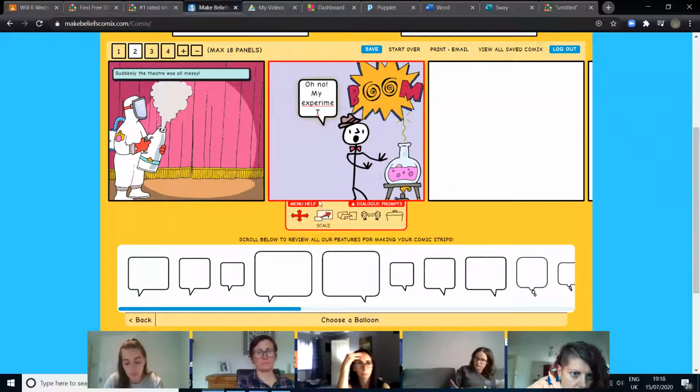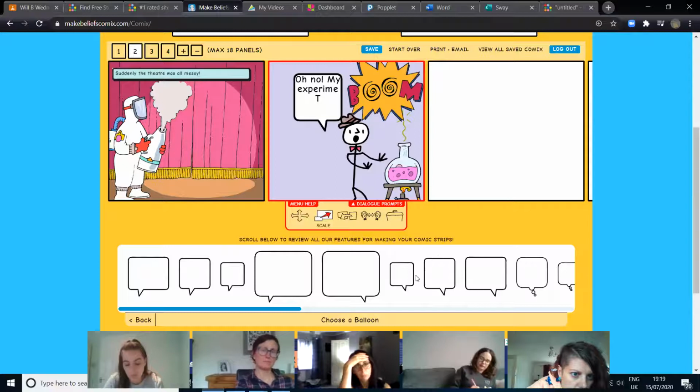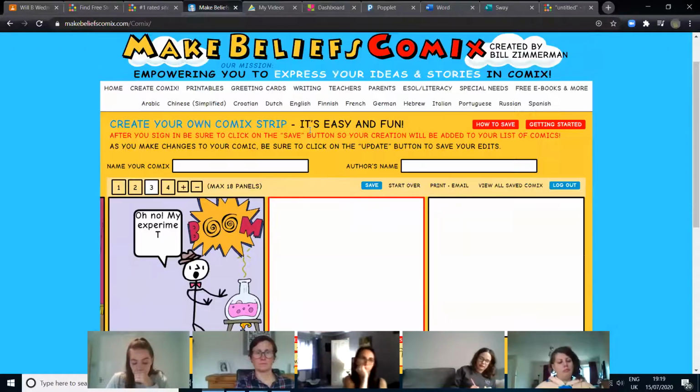And we can play around with that. What we can do is we can actually change the scale of it. So if that's a bit too small, we can increase the size of that and hopefully that'll fit the wording. They may need a larger box there for it to play around with. But it's a nice, simple tool for them to play around, get the creative story, and they can do this